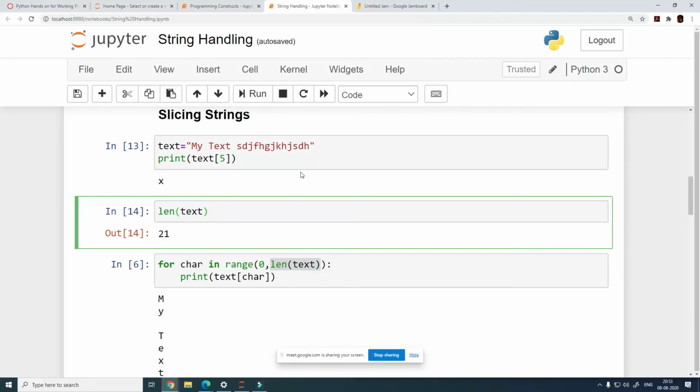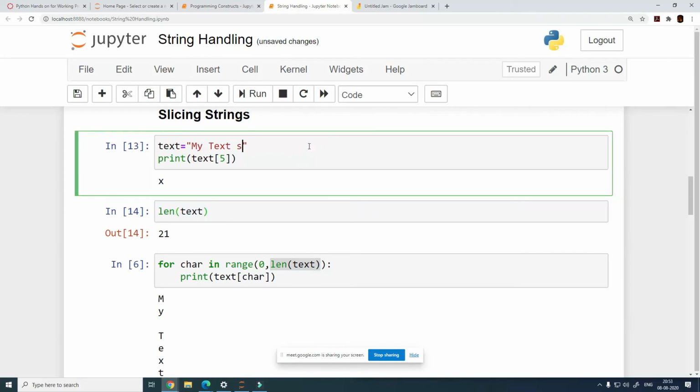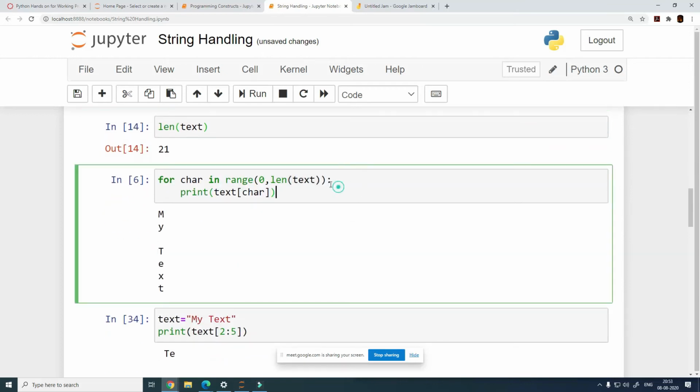So what are we trying to do here? We are trying to run the loop as many times as the length of the text, and every time we are printing text, and here we are specifying the character position. So the character position will move from 0 to 6, because the length of the text is going to be 7.